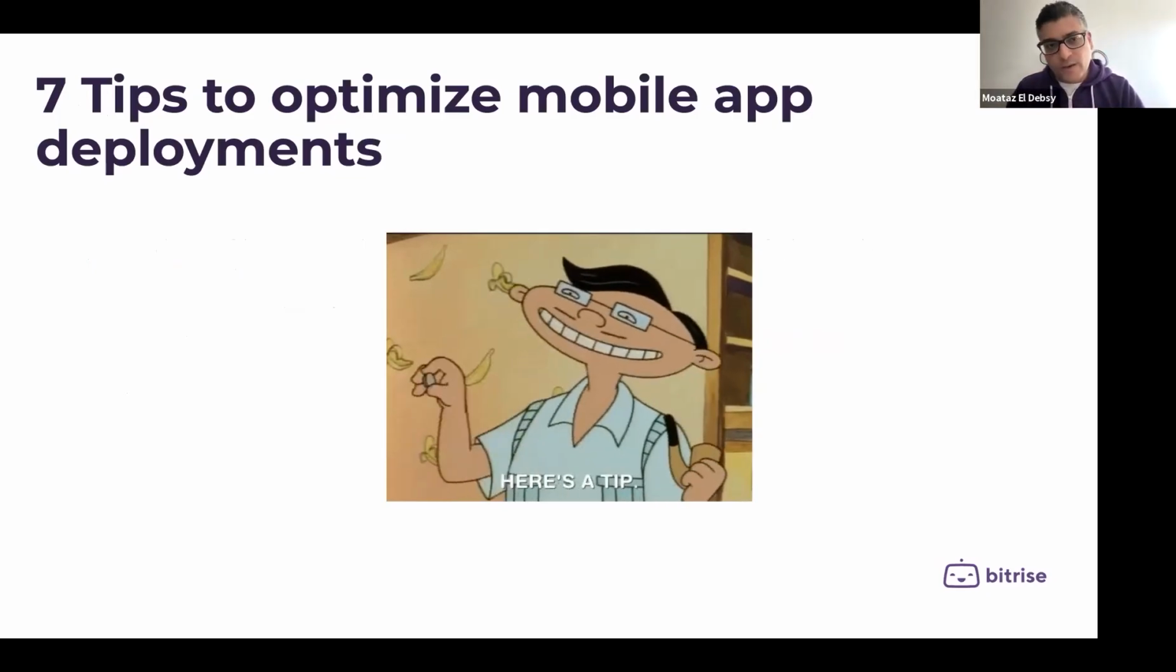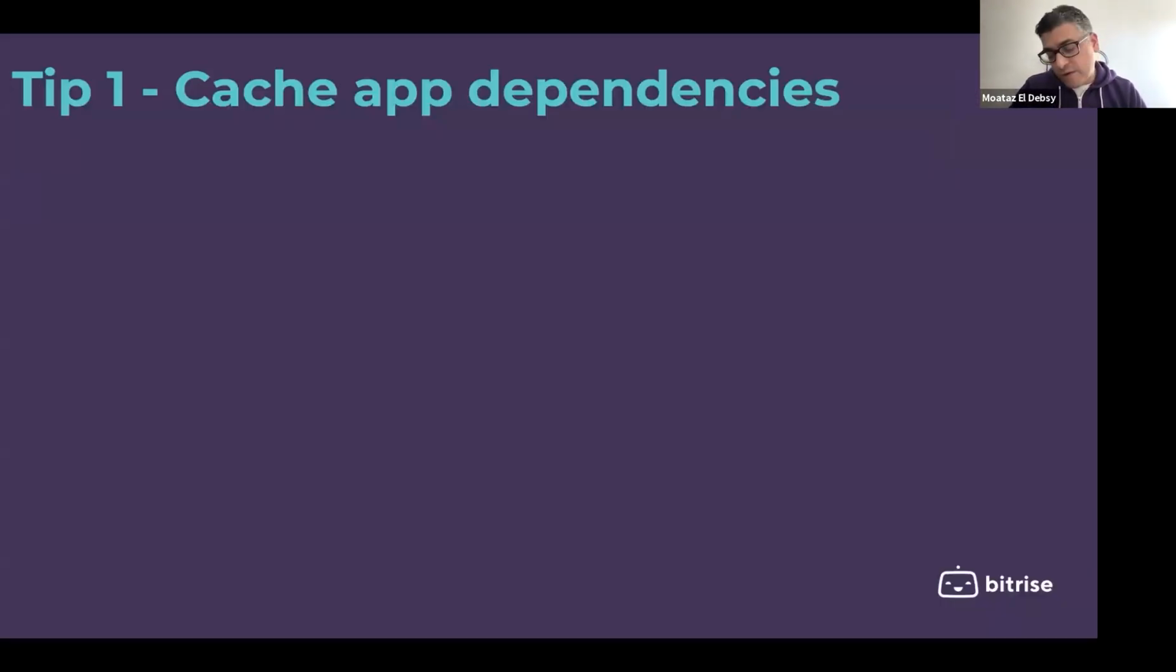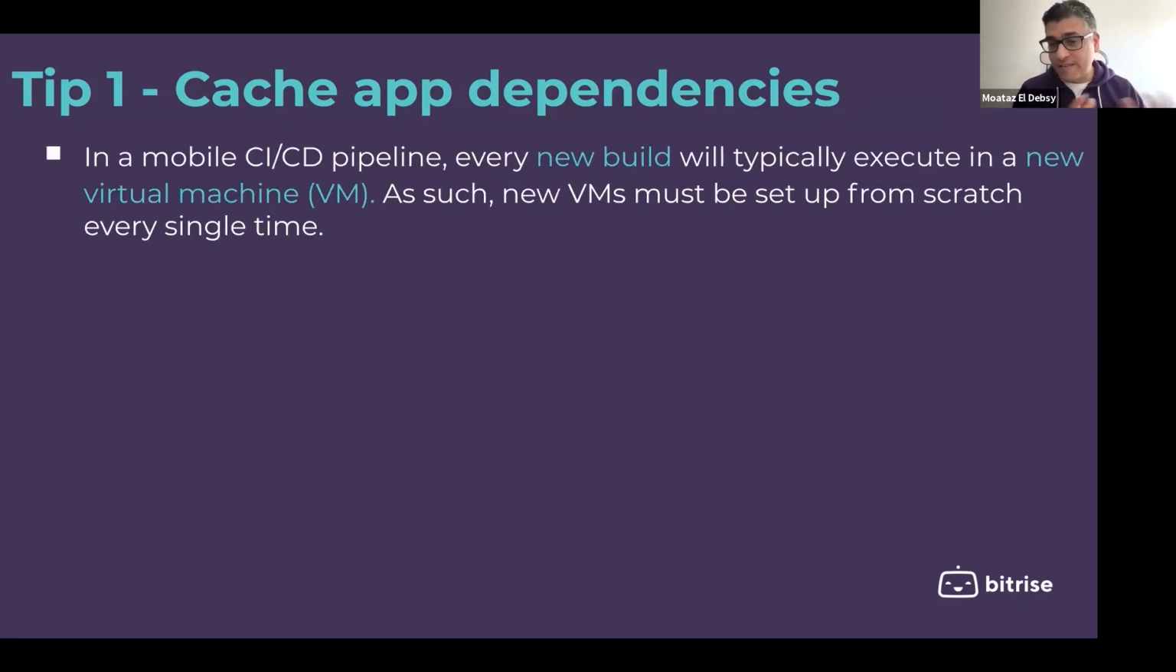So let's start quickly and talk about them. The first one is caching app dependencies. Usually when we are building our apps, or adding new modules or new dependencies, every time in your CI/CD you are building your application. In mobile CI/CD, every new build typically runs on a new virtual machine if you are using a cloud, for example. So every time you have to set up and run all the build steps for your